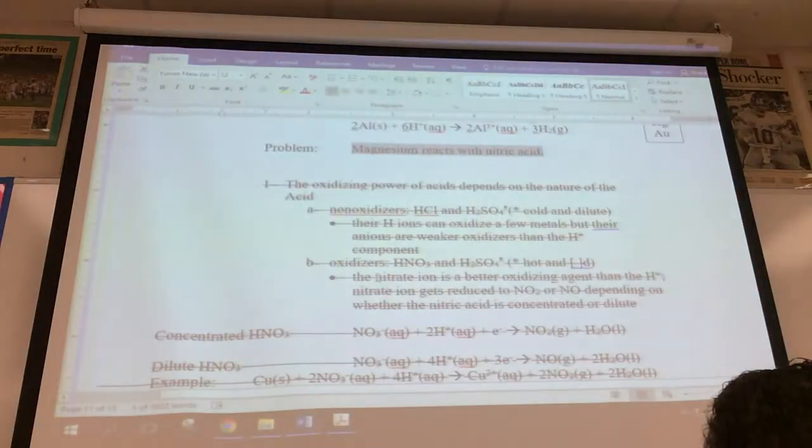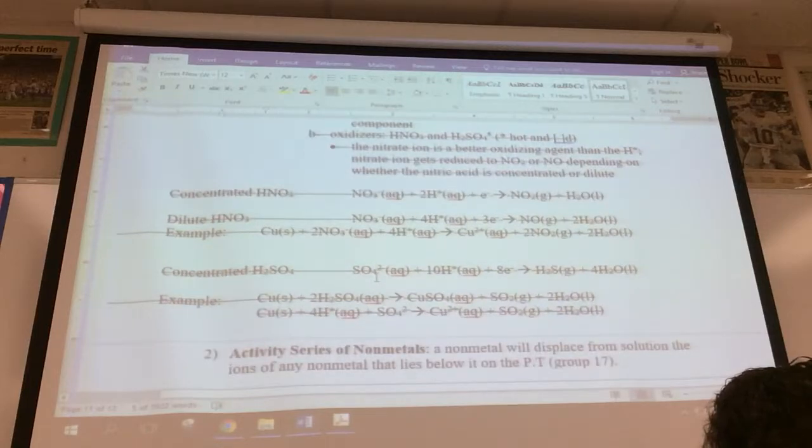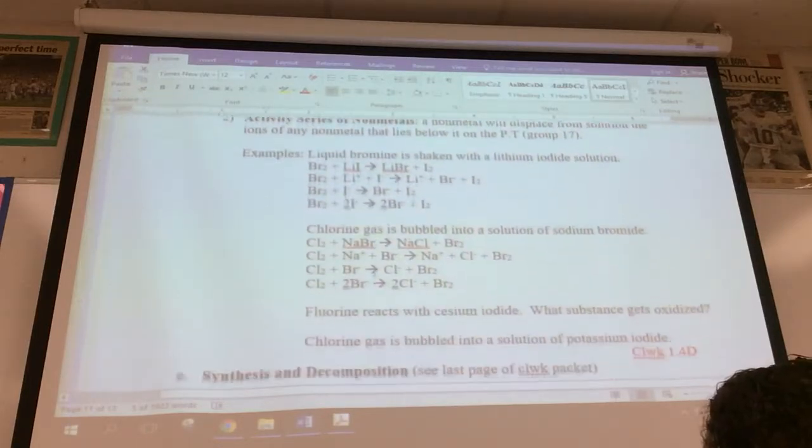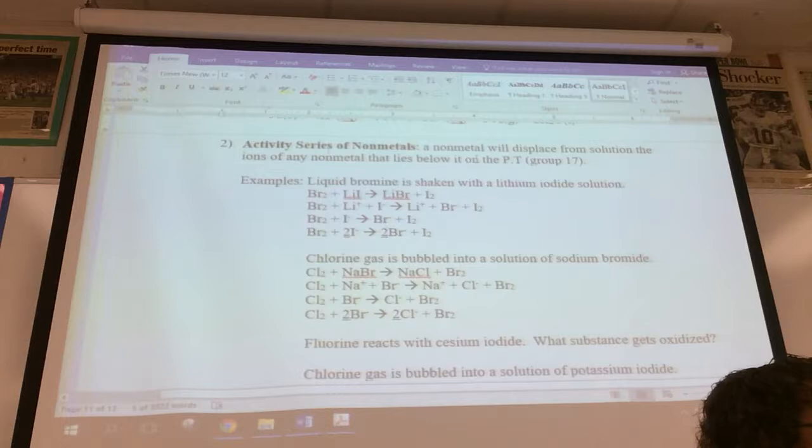This whole section in your notes I canceled out. I don't think you'll see anything like it, so we won't play there. The activity series of nonmetals, as I said, if you have liquid bromine and you shake it with a lithium iodide solution,